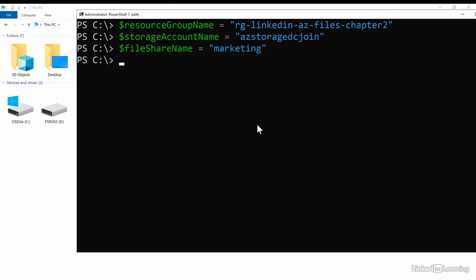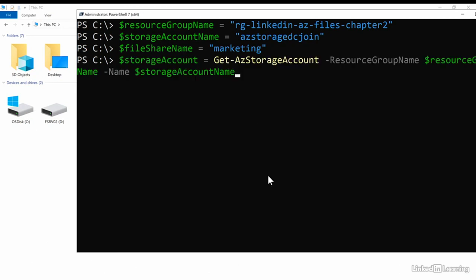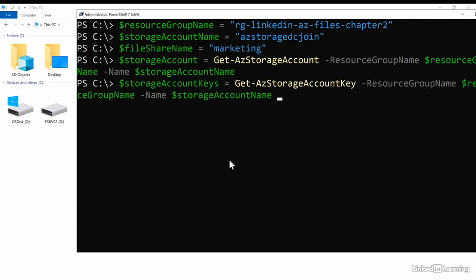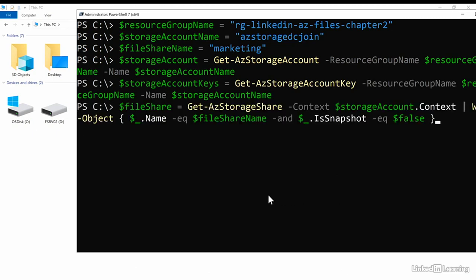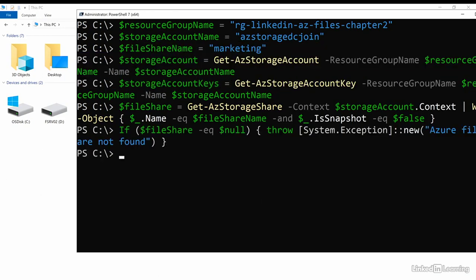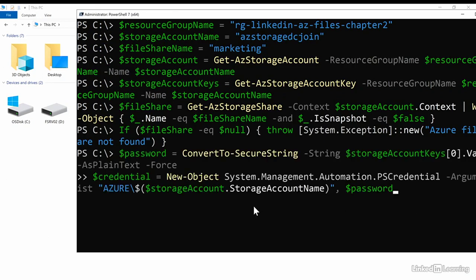These commands require you to be logged into your Azure account if you haven't already logged in. You can use the Connect-AzAccount cmdlet to log in. I will start by setting my storage account name in a variable called storage account. Then I will get my storage account keys and store them in a variable. I will verify that my existing file share exists using an if statement. And then I will convert my storage account key and store it in a secure variable called passwords, and then